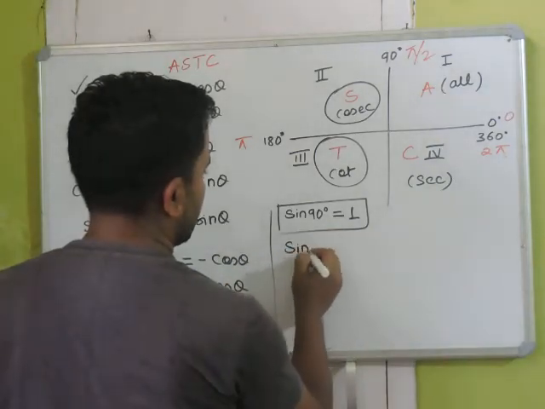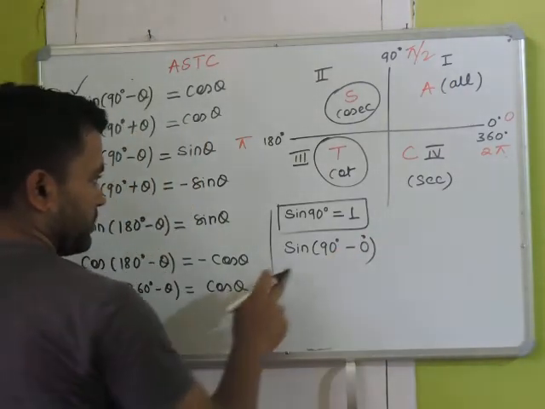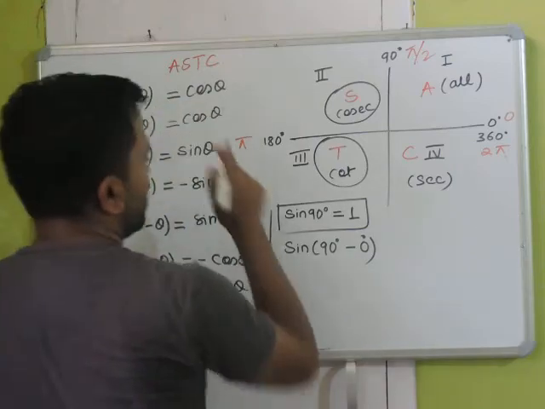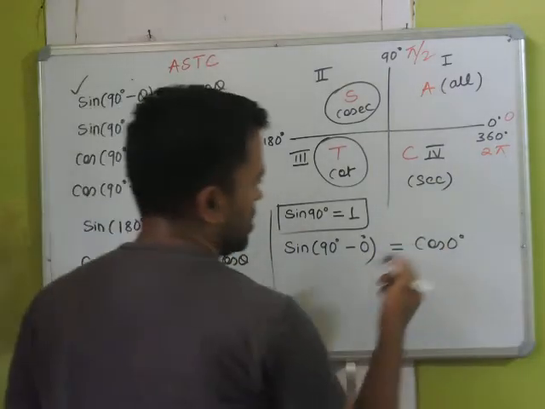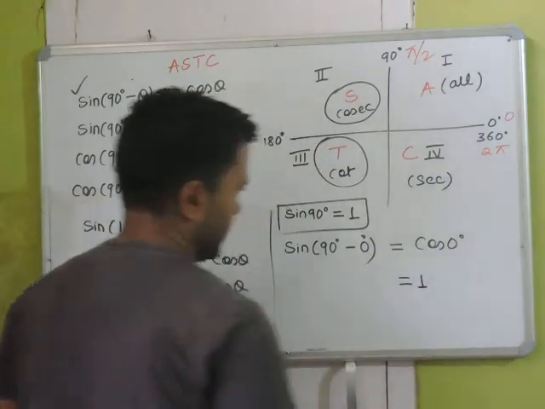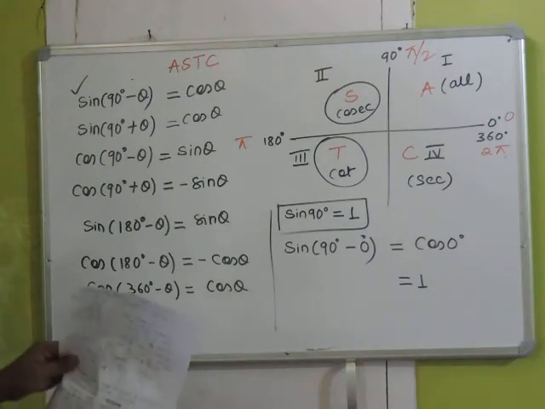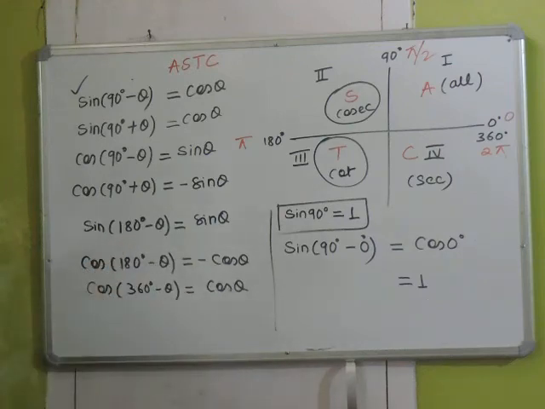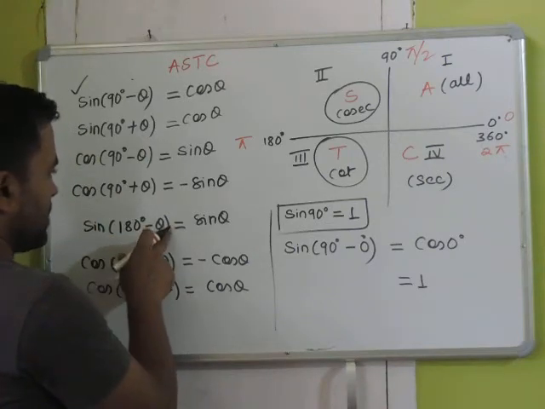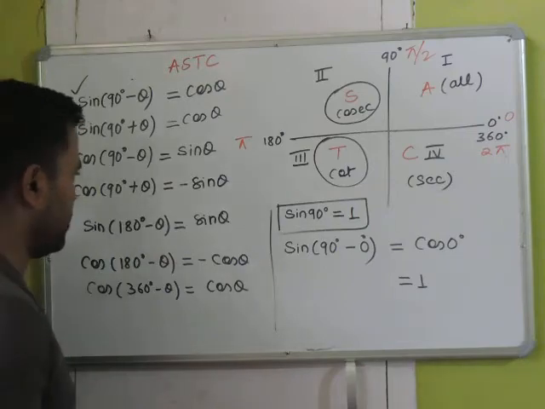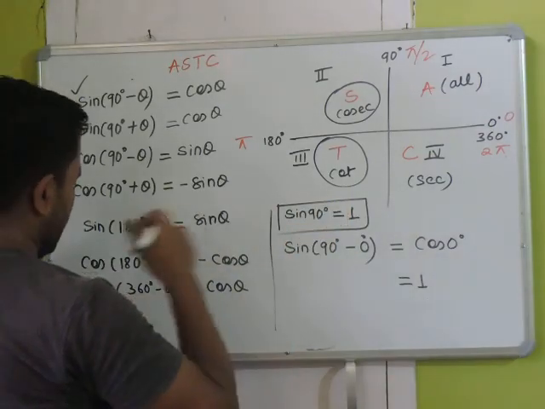So I can write sine of 90 degree minus 0 degree. 90 minus theta is equal to cos theta, so that is equal to cos 0, right? And we know that cos 0 is 1, so we can prove it like this. Now let us try to do that with this also. Sine 180 minus 90 will give you sine 90, and that will again be 1, right? Now in the same way you try it for cos 90, you can get it.